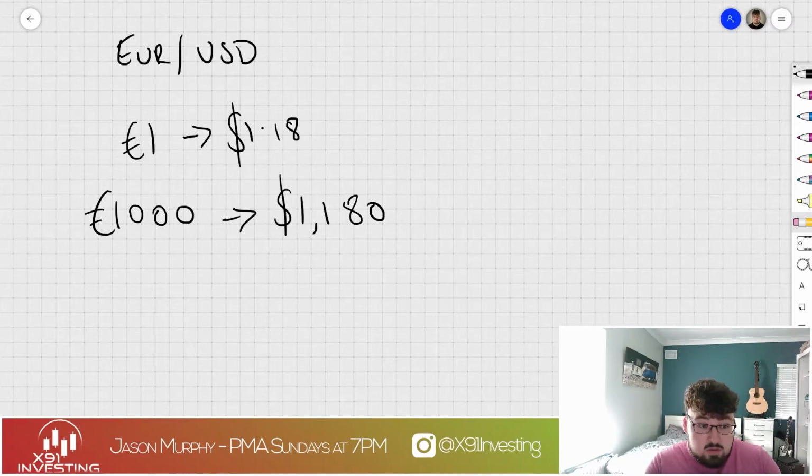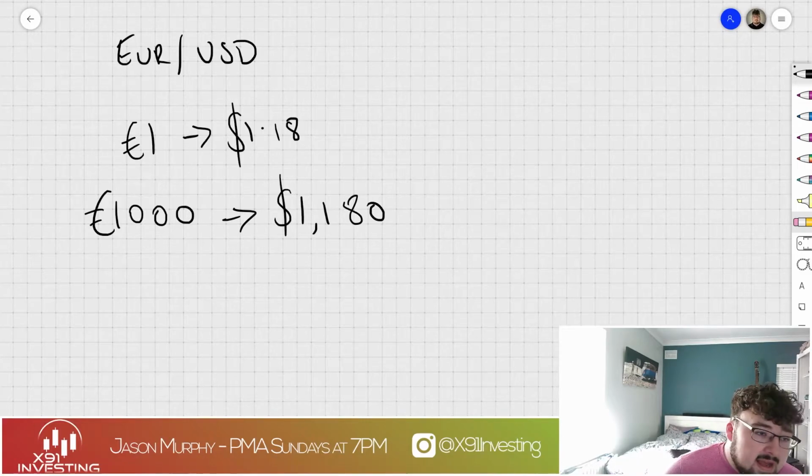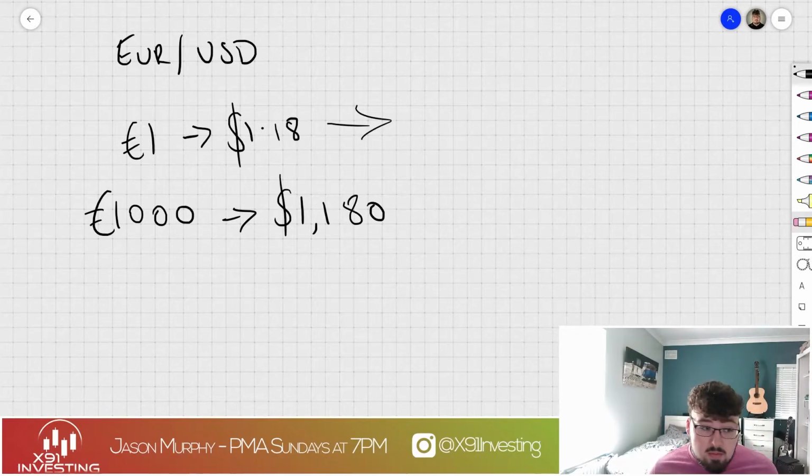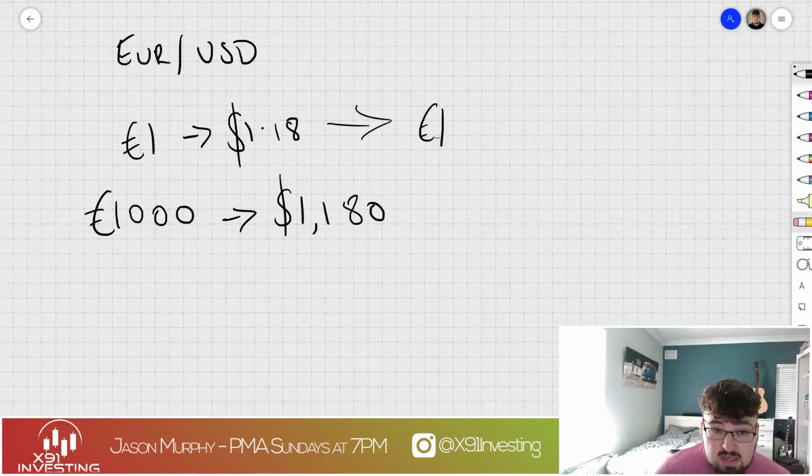When we convert it, we'll get more dollars from a numbers point of view than we would for the euro. But when we come back, the actual quoted price, so when we see this is the euro against the dollar, this is what €1 will get us in dollars. When we come back, that rate has changed. We come back with the same amount, we still have our €1,000, but the rate is now €1 is equal to